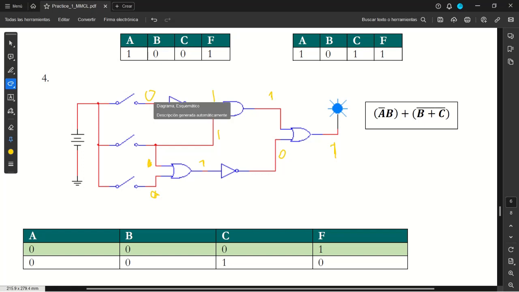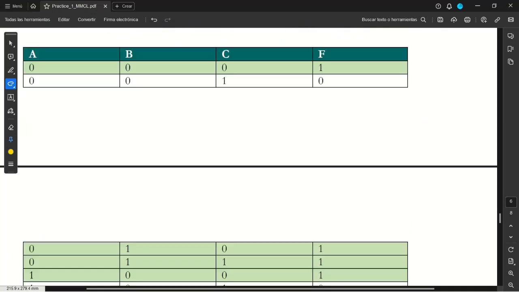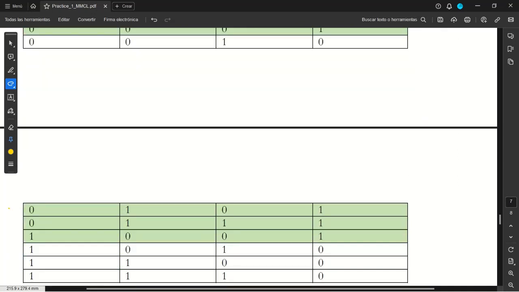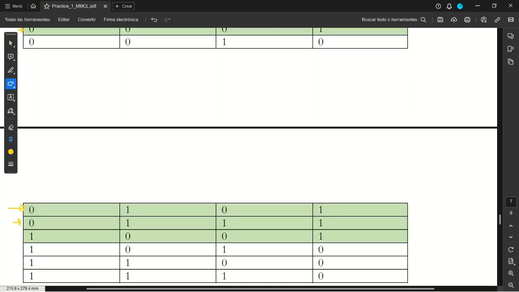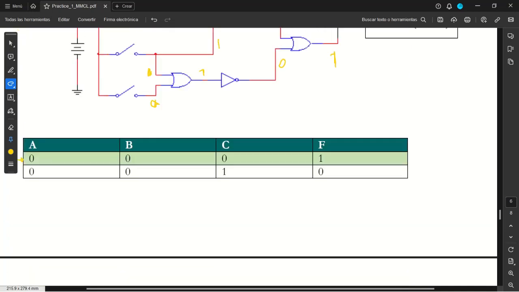So if we have 0, 1, and 0, we'll obtain a 1 here, and it corresponds to this combination 0, 1, 0. We have 1, 2, and 3 combinations, and finally